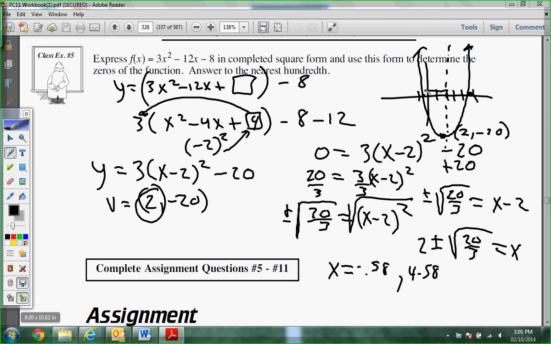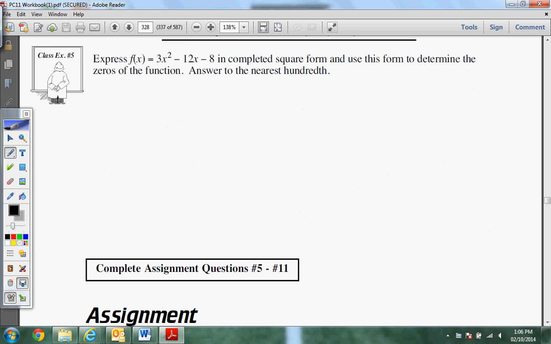Say it? No, say it. You're right. Oh, you did? Oh, sorry, I thought that was it. 4.5, not quite. 2.58, right? So if we're at 2, and I'm going to negative 0.58, it's 2 plus the 0.58, right? And then if I'm here at 2, how far is it to 4.58? 2.58 that direction. What I'm showing you is it's symmetric. So those points are going to be the same distance from the vertex. That's all I'm trying to show you. Okay? All right. Make the connections. All right, that's it for